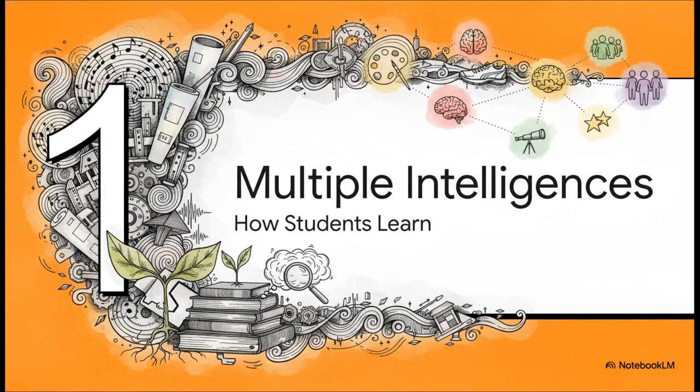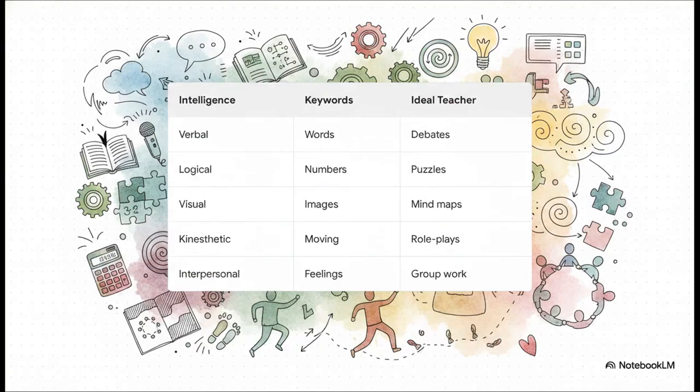All right, let's hit section 1, the 9 multiple intelligences, and really look at how students learn. What is so fascinating about this is how it totally flips the traditional script. The old school method was entirely teacher-centered, right? But the ideal teacher, they are fiercely student-centered. A verbal learner thrives on debates, whereas a kinesthetic learner, well, they physically need to move around. Now, realistically, you can't hit all 9 intelligences in a single class period. But the ideal teacher strategically mixes these activities over a whole unit, so every single student eventually gets to learn